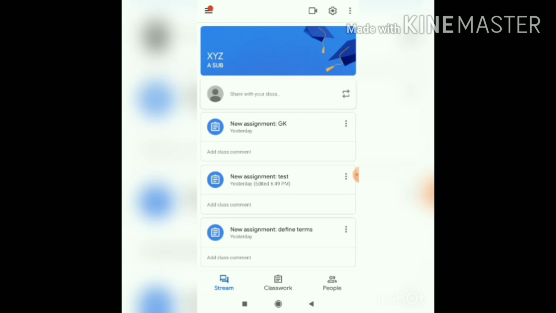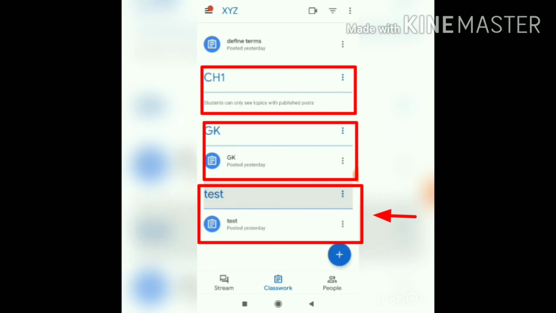I will just click on this classwork tab, which is at the bottom in the mobile devices. So in the middle I will just click on this classwork. I will get the list of the classwork which has been given to the students for doing their work. Like there is chapter 1 details like GK, quiz may be there, or a test. So I will just click on this test,